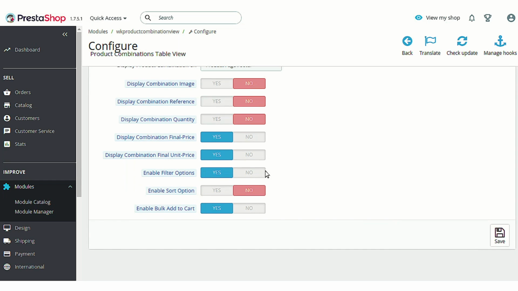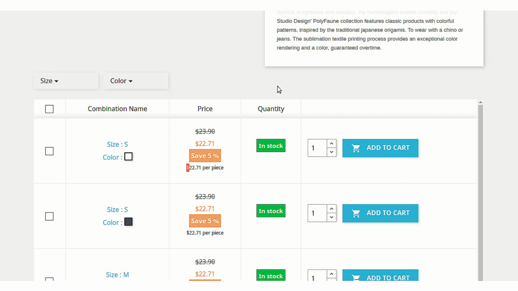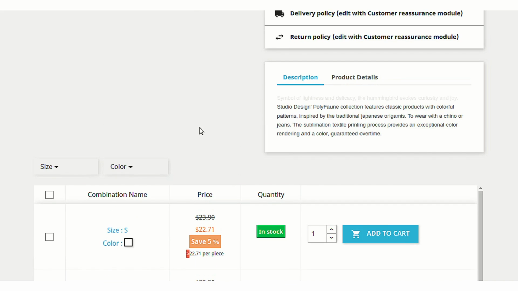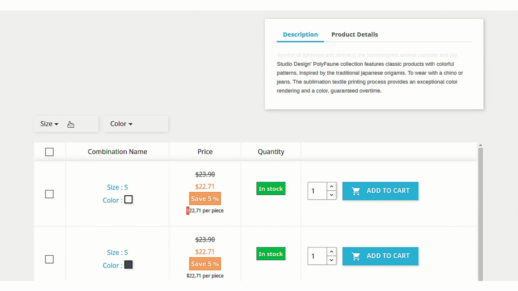Now the next option is enable filter option and enable sort option. As you can see, the filter option is enabled now. So let's see how the filter option works. The two options to filter the combination of the product are shown here. You can choose to filter on all the grounds of the combination. In case you have multiple attributes and the combinations are available on those attributes, then multiple options will be available for filtering the combinations of the table